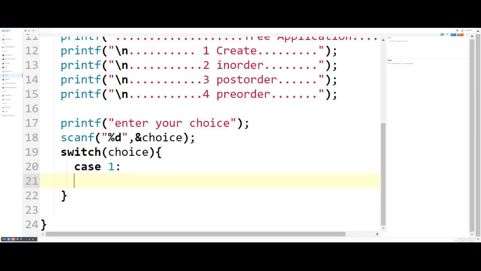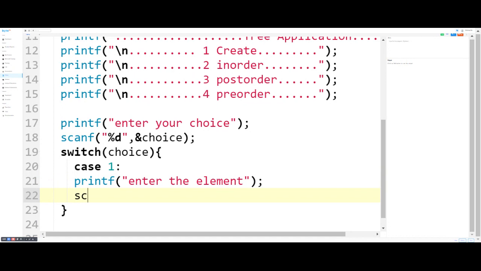In case 1 we simply create a tree. So we simply write here, enter the element.